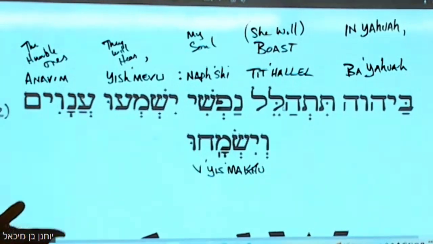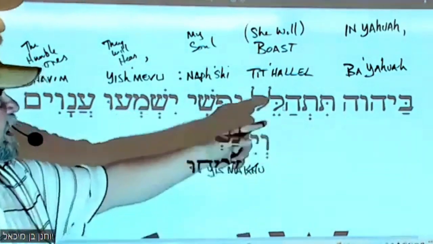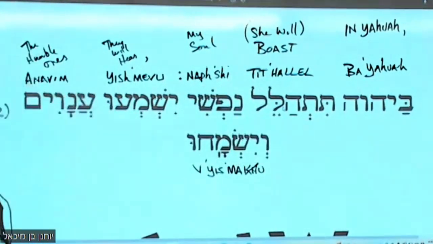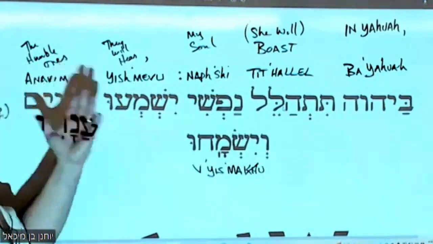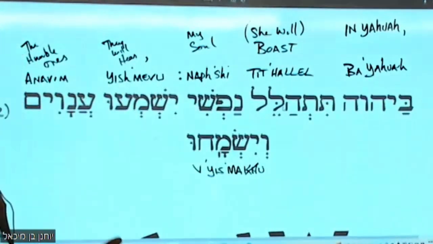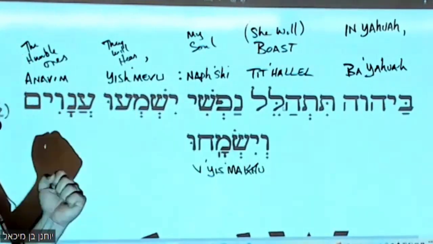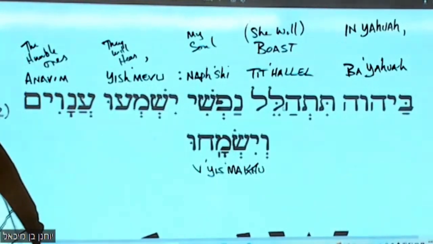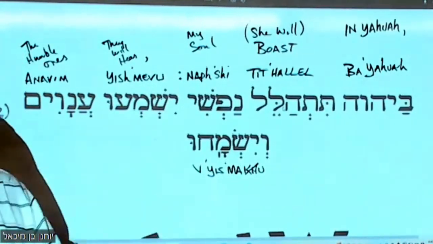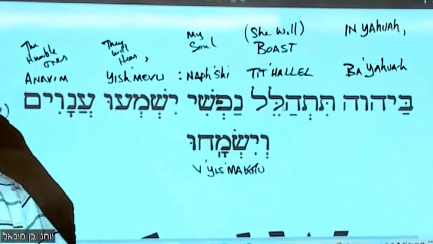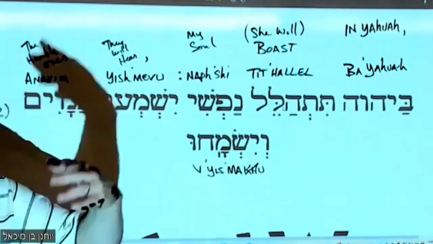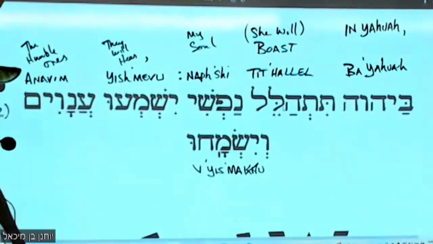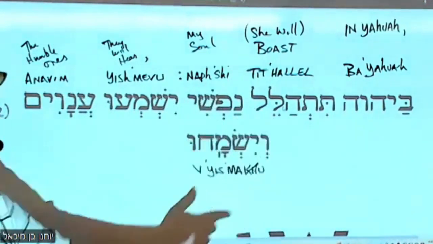Okay? So since, that's what I'm saying, his soul is going to boast, it's going to rejoice, it's going to celebrate, it's going to revel in Yahweh. Yahweh was so good, he did this, he did that, he kept us safe on the road for hours and hours when we didn't know where we were going. Yeah, he did all these things and brought us home safely. He's done this, he's done that, he's put food on your table, he's paid your bill for you, he's done all this stuff. So when you give him praise for that,